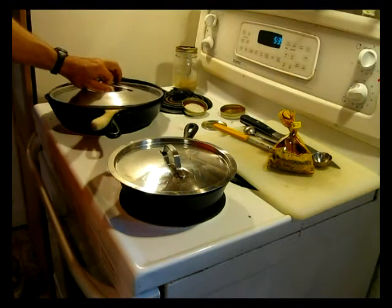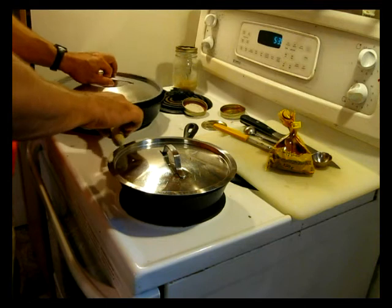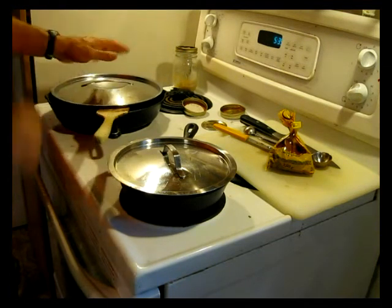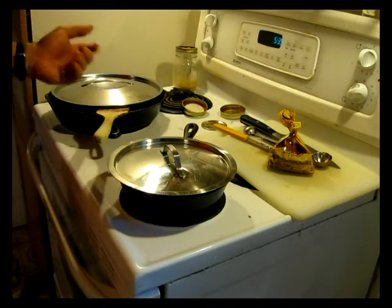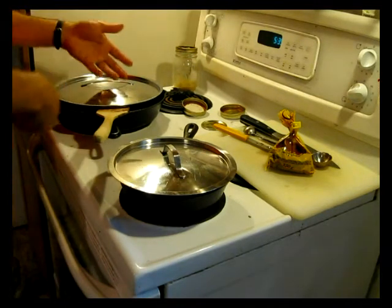This is a lid for my stock pot. It fits there pretty well. Now, a splatter screen would work too when you're cooking this. I don't tend the stove the whole time. You want evaporation, so you don't want to cover it completely, but you don't want splatter going everywhere, because those